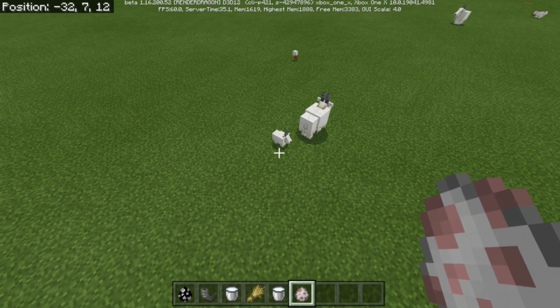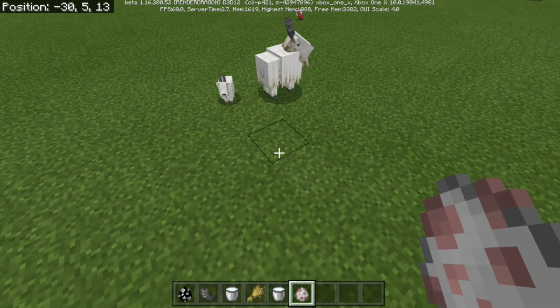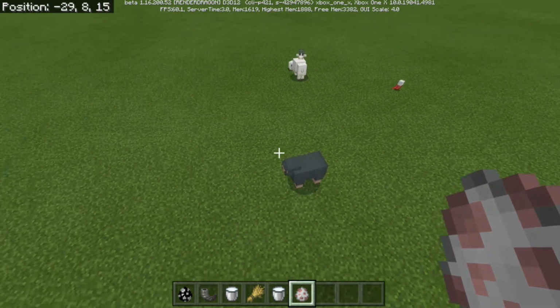Before moving on, I do want to take a look at the goat's attacking feature, and if we go ahead and spawn a sheep, we'll place it right there, and every 10 to 15 seconds, the goat will...